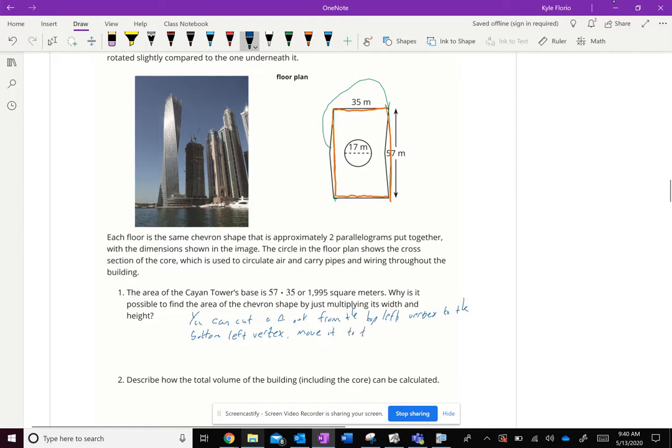Move it to the other side. Move it to the side of the chevron, and it'll make a rectangle. 57, not 52. Anyways,